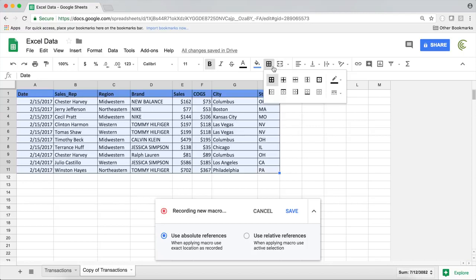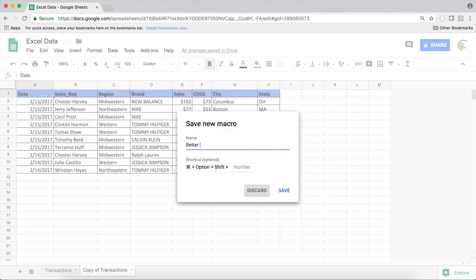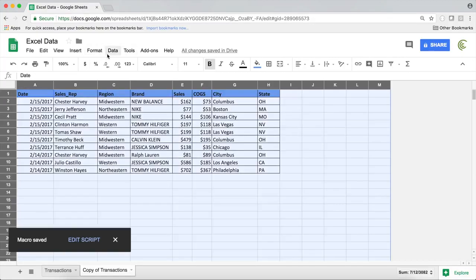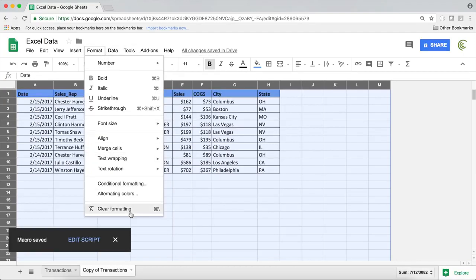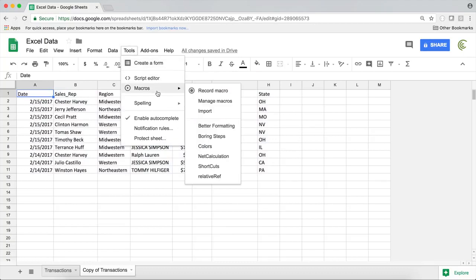Once you're done, it's probably a good practice to click back on A1 cell, and then we're going to save this macro. Better formatting. Hit save. So now because of the way I recorded this, I should be able to make this work for any size of data. So if I clear this formatting and we just run that macro,